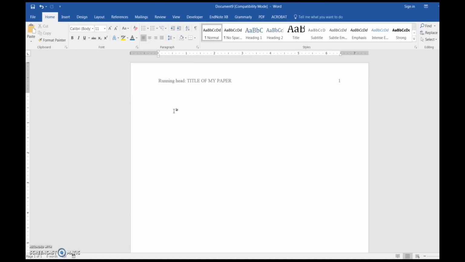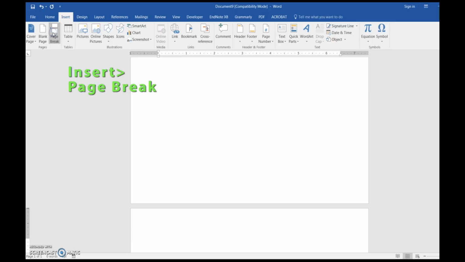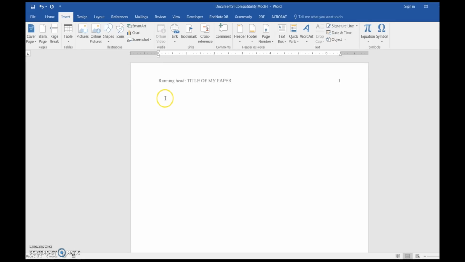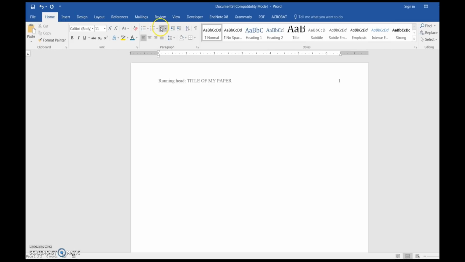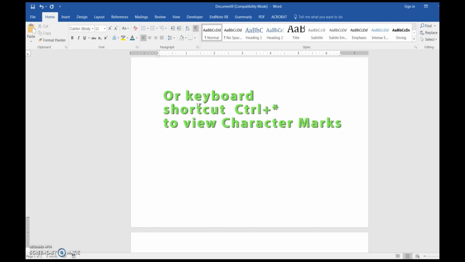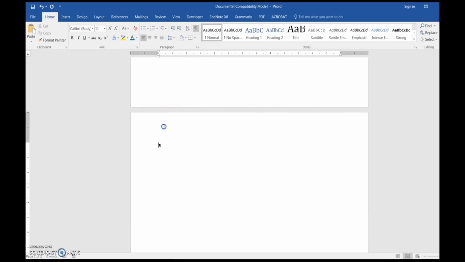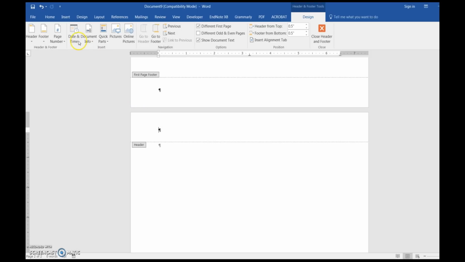I need to create a second page, so I'm inserting a page break. This allows me to then go and edit the header on page 2. I've turned on the character mark button so that you can see places like tabs and paragraph marks. Again, I'm entering a page number,